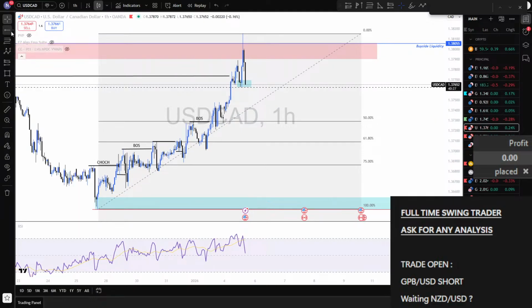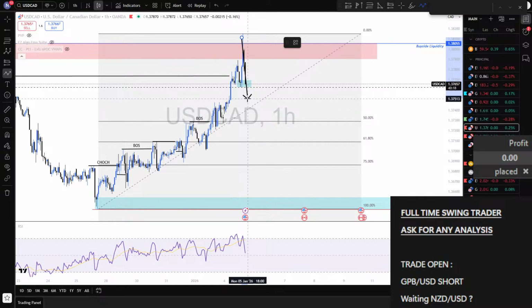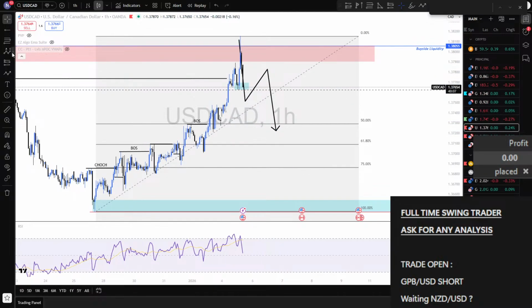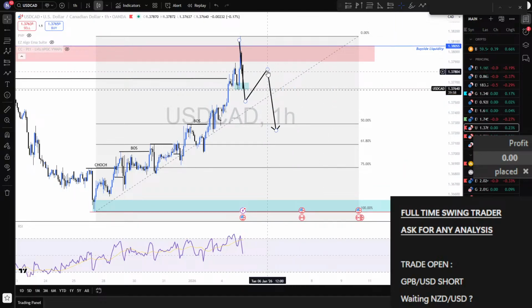So the plan here right now on USD CAD is basically something like that. We need him to break this, give us a pullback, and we'll see what he does here during the pullback. Personally, I don't pre-shot, like I said many times. Once he breaks, I'm not gonna have my trade like that. I'm gonna have an alert set around the 50% Fibonacci. Then I will see, in 15 minutes or under, what he's gonna do then.